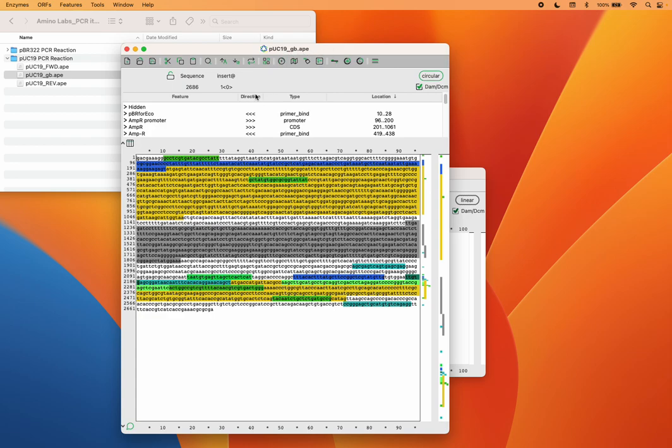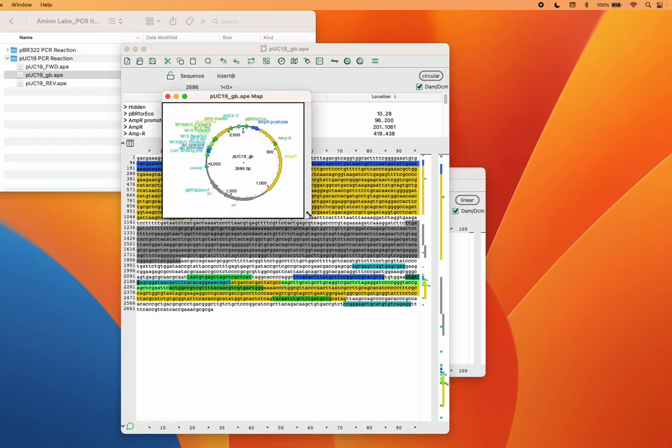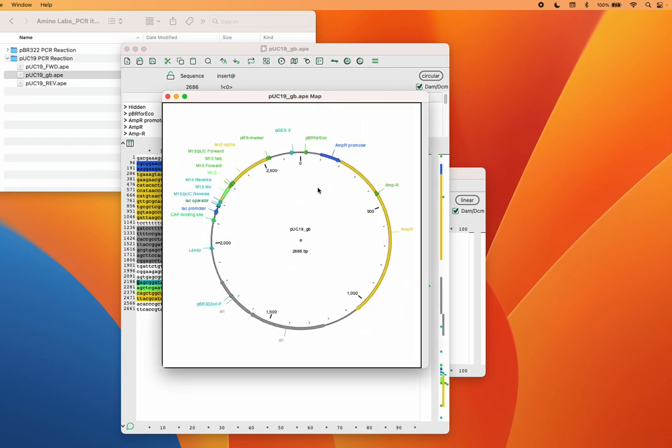pUC19 is a DNA plasmid. I'll just quickly click here and you can see it's a circular piece of DNA. It's got a number of different components in it. Again, all these colors that we see in the sequence and in the map here, those are annotations that scientists have added to this DNA, and they're regions that have a particular function. Okay, and today we're particularly interested in the yellow region here, because that designates a